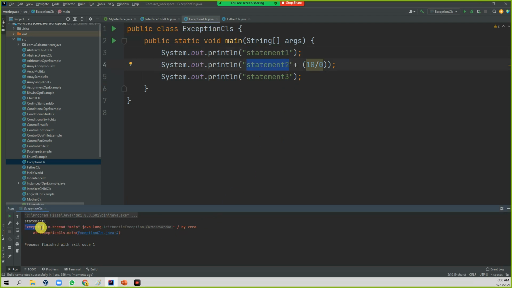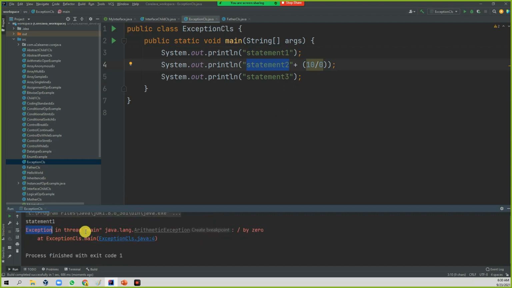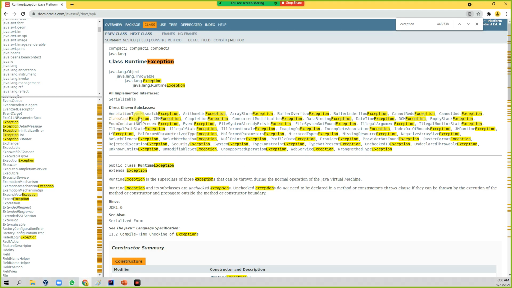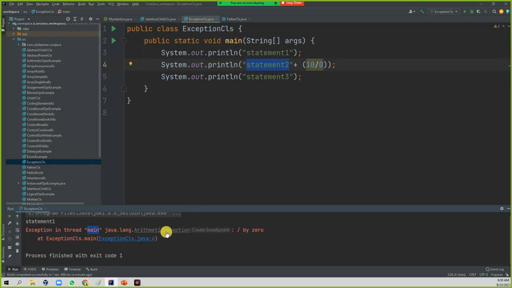So what is this? If you zoom in, Exception in thread main, java.lang.ArithmeticException. If you go back, it's an arithmetic exception. This arithmetic exception will come during runtime. So in our program an arithmetic exception was coming.